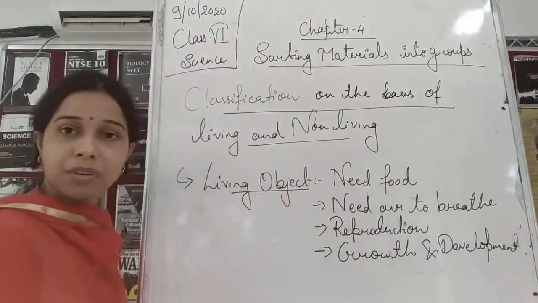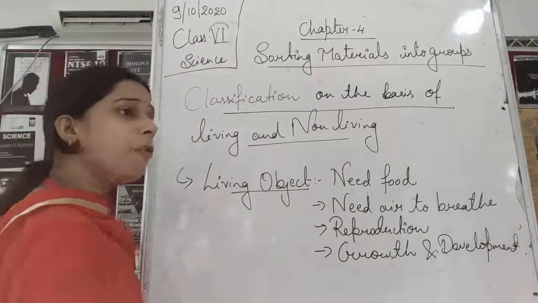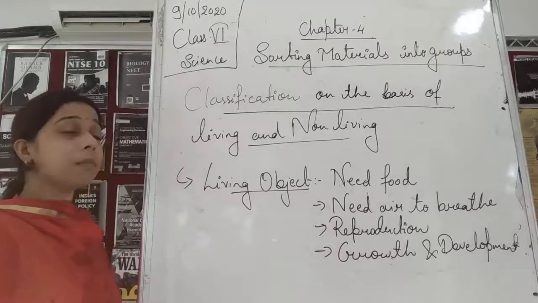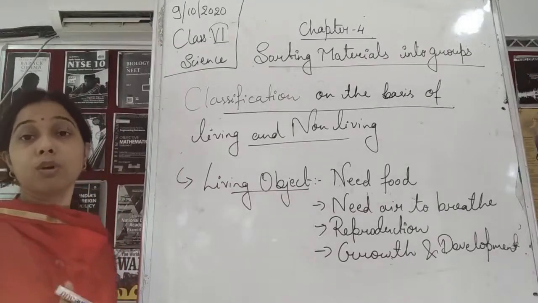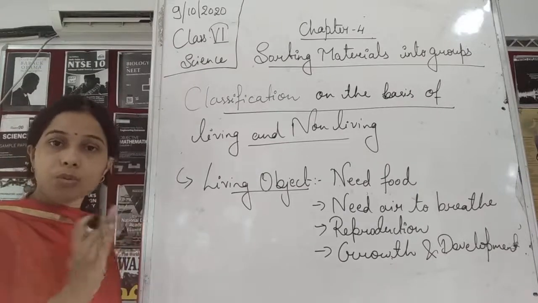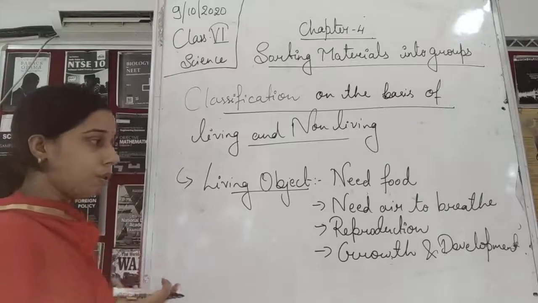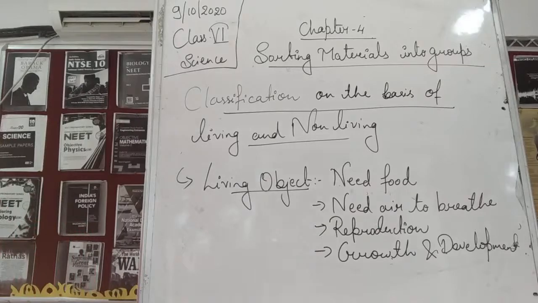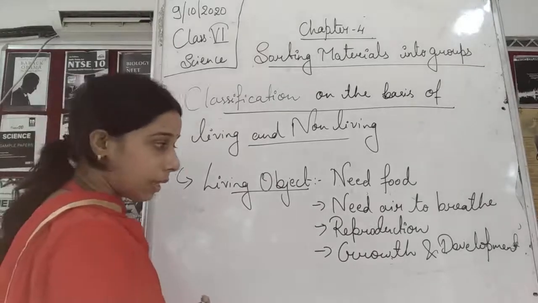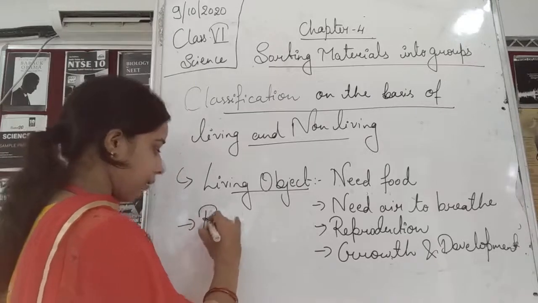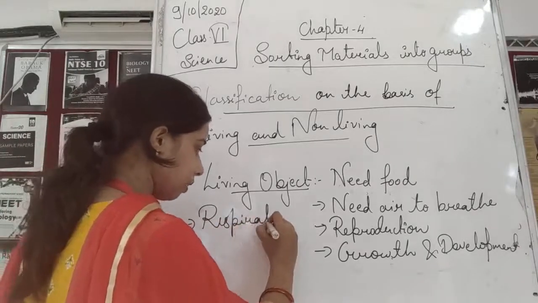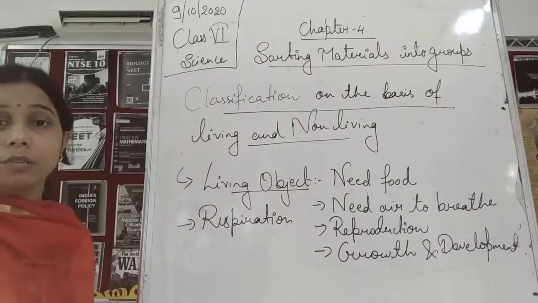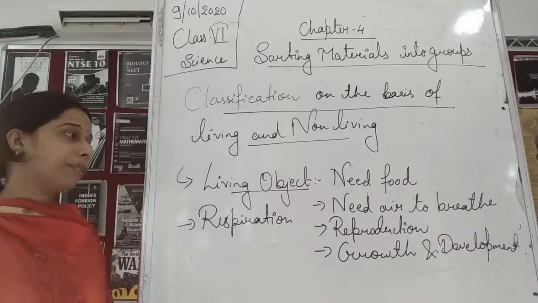Especially if you see the growth, they used to grow. They used to move also by their own without any external agent, students. So you can write it, but we know that plants do not move, they do not locomote. Although they show movement, they do not show locomotion. Okay, so they used to grow, they used to move, and they take air to breathe. It means they show the process of respiration in which they need energy. Okay, so these are some of the characteristics which you can see only in living objects.